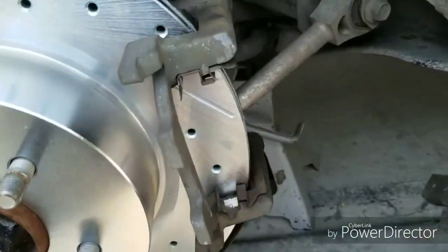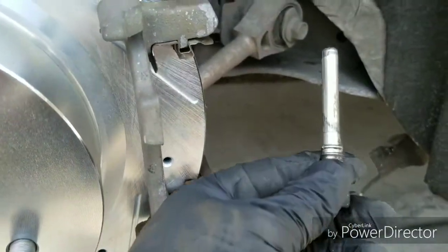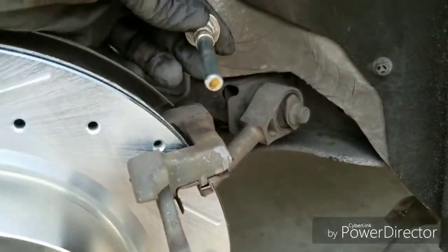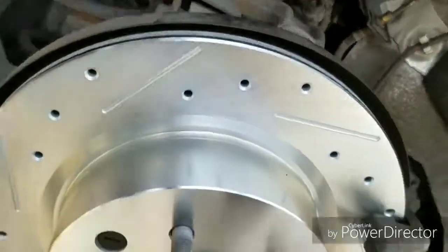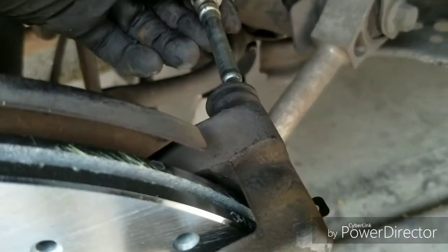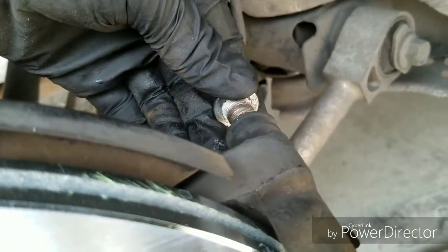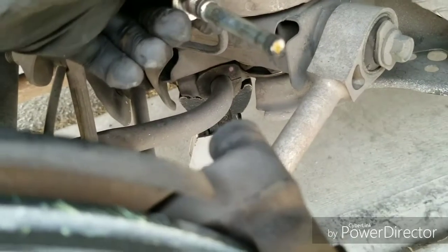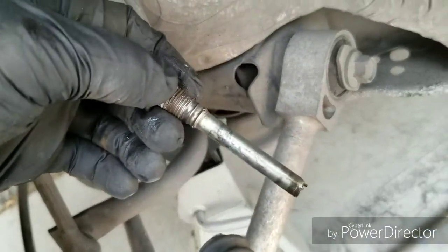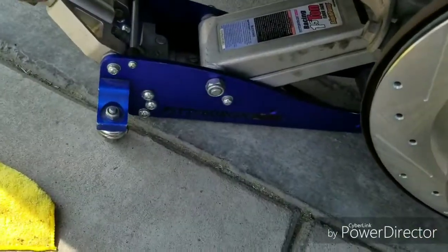All right, we got the caliper bracket back on. One thing I want to point out is his bolts were actually dry. They usually have grease on them. Let me show you. They go in here. And while the caliper is on, this actually slides in and out. So it needs to be greased. And like I say, his was pretty dry. So I'm gonna put some grease on it. The grease I'm gonna use for now